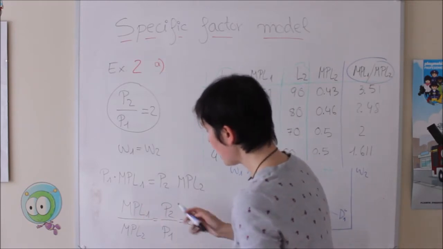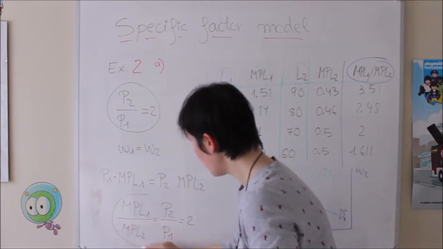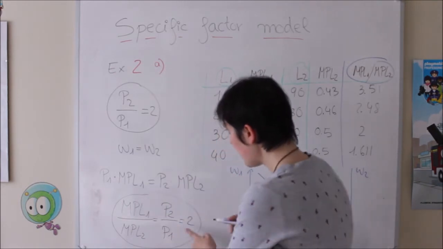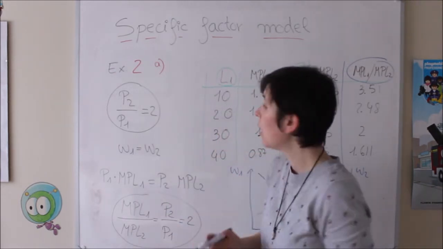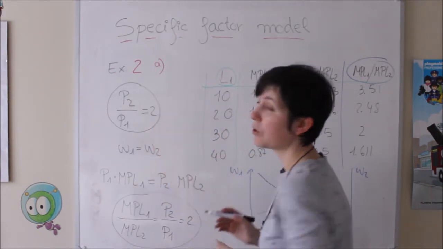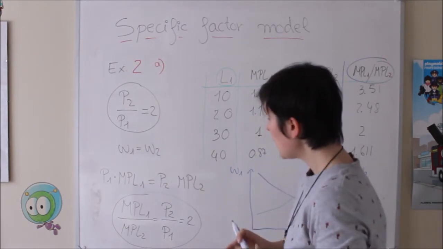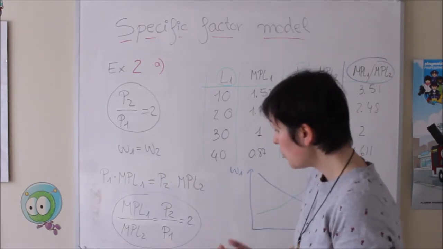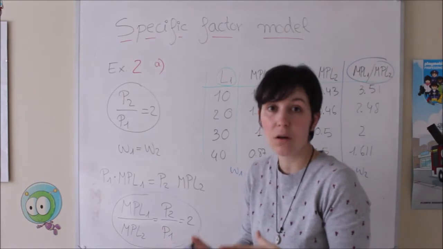So this is an equilibrium condition, and in this case, it must equal the number 2. Okay, so now the thing that we need to do is get the allocation of labor in